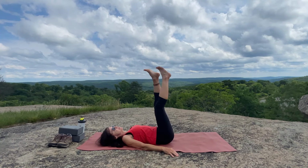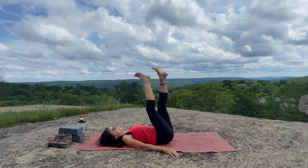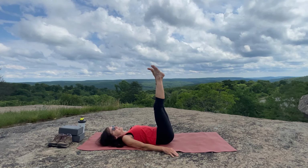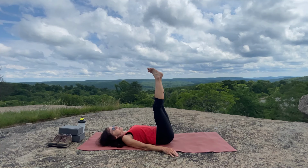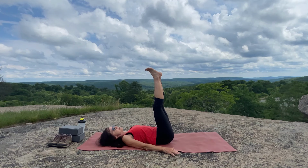As you see, I'm not perfect at this. I don't expect you to be. And we'll match our feet and just point and flex with your right foot. Very nice. And make little circles just with your right one way and the other. And we'll do the same thing with the left side, so keeping our right foot as steady